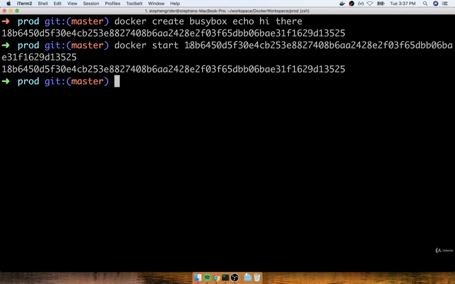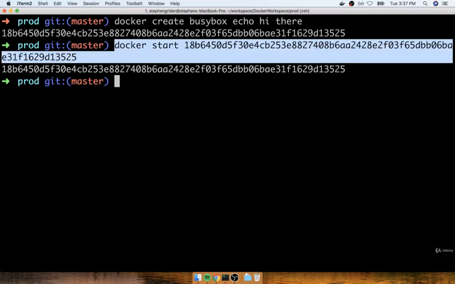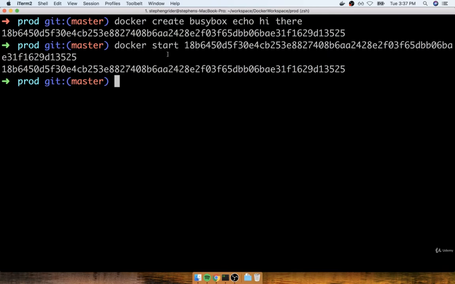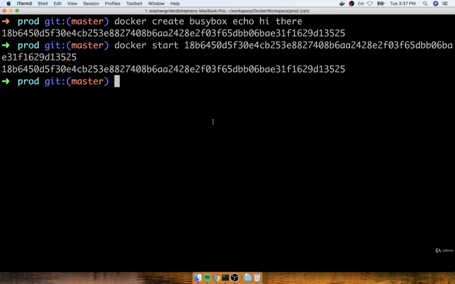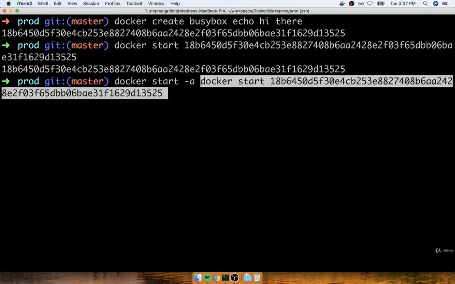We found that in order to actually see information being printed out from the container, we had to add in that -a flag right there. So what would happen if you wanted to get all the output from the container without having to add in that -a flag? For example, let's imagine that running docker start like this was a really expensive process, and we started up a process inside there that would take many minutes to run. Chances are, if we forgot to add on the -a flag to see the output from that, we might be